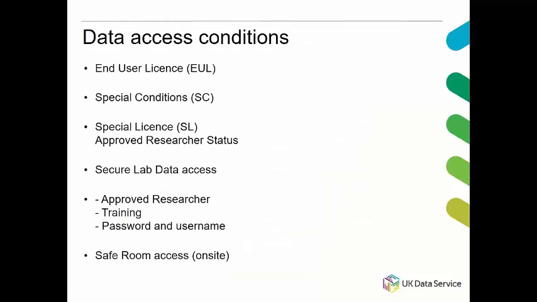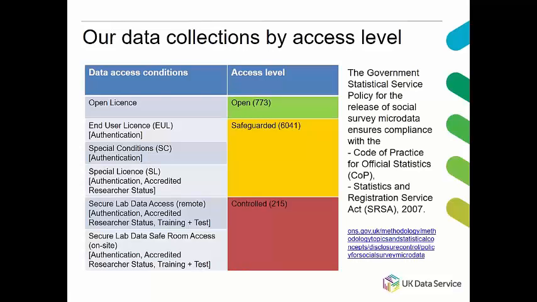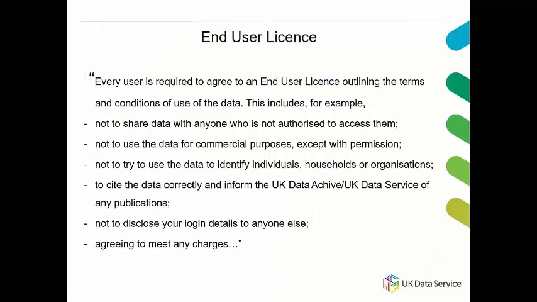So the data access conditions that we have are end user license, special conditions, special license, Secure Lab data access, but that involves then approved researcher training, etc. So we can talk you through that on a different occasion. Just to give an idea, we have 773 open data sets, we have 6,041 safeguarded data sets, and 215 controlled data sets. Controlled means secure lab data where you have to undergo a longer process. So the end user license everybody will sign,